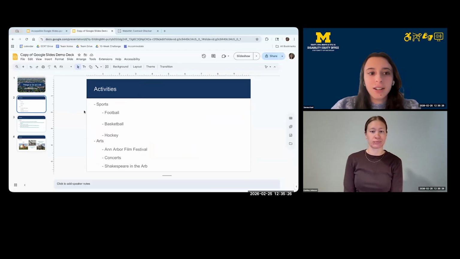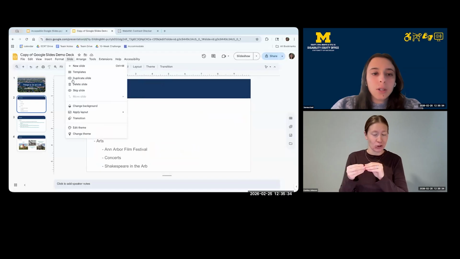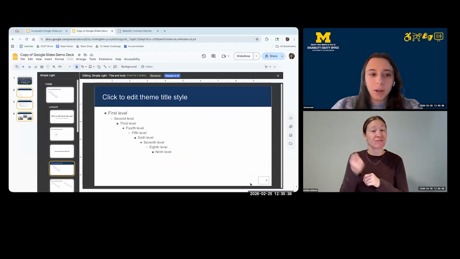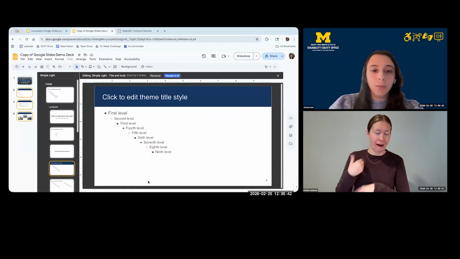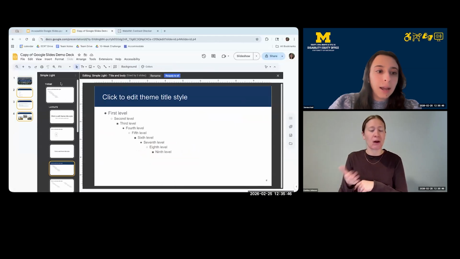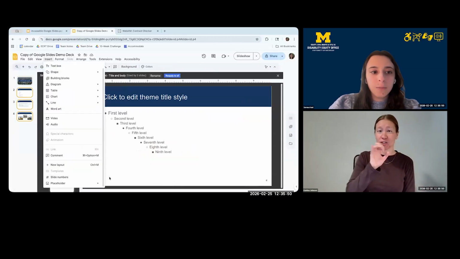Okay, one more change I want to make in the slide theme is adding slide numbers. So by default, Google Slide themes should have slide numbers in the bottom right-hand corner. If for some reason the slide numbers got removed or you just don't see them, you can add them in by clicking Insert and then Slide Numbers.